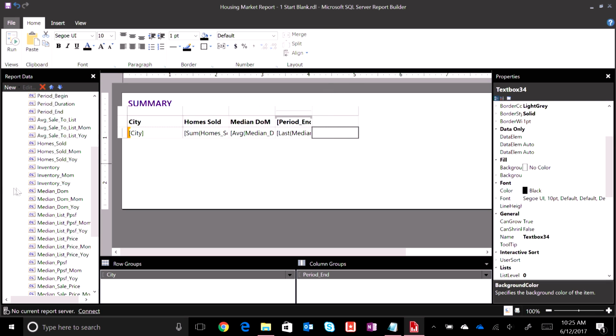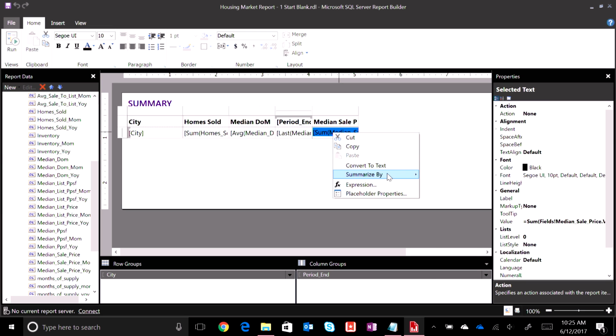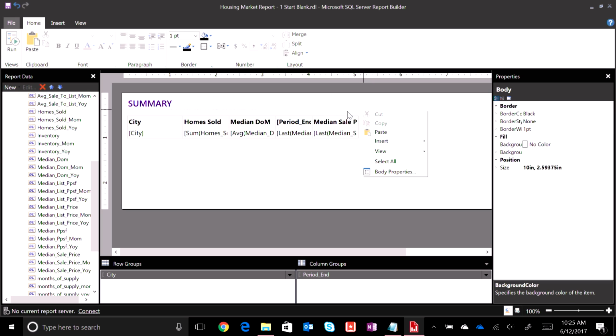So here what I'm going to do is take the median sale price, drag it over here. And instead of summing this, again, summarize by the last value. And the last piece of data that I'm interested in, just format this as a number. Last piece of data that I'm interested in,